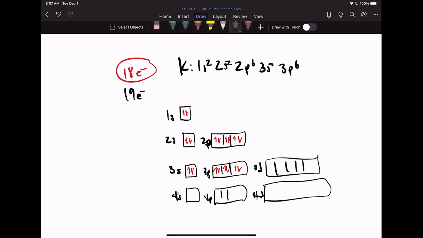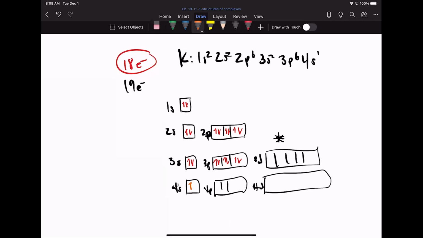When we write the electron configuration, it is 4s1, right? We completely bypass the 3d and we put that electron into the 4s. And this applies to when we're filling up the electrons, not when we're taking them out, not when we're making charges. I've already shown you how to do that in the last lecture, where we take them from the highest energy level and remove them from there. But as we're filling them up,